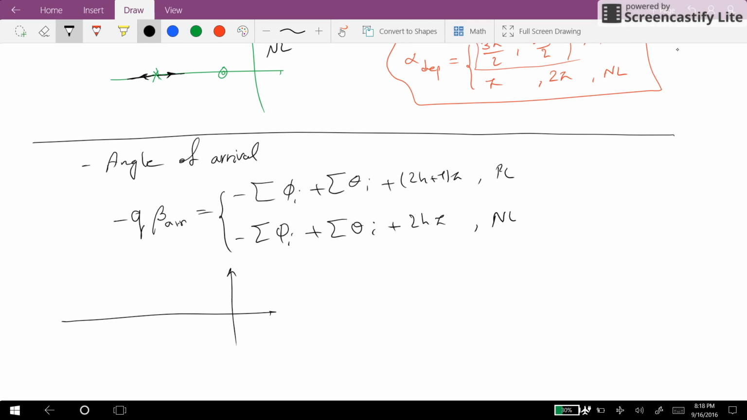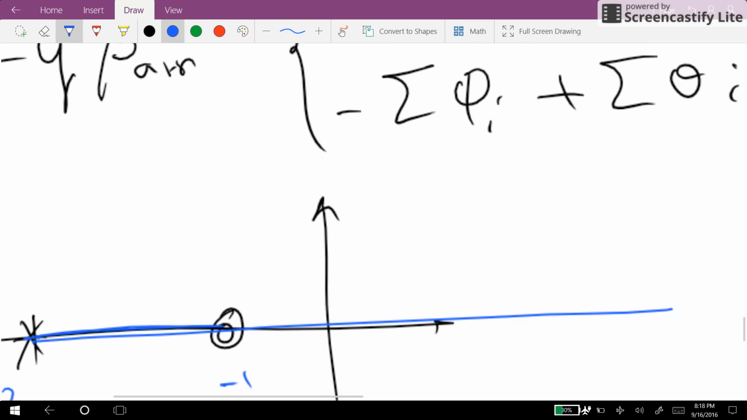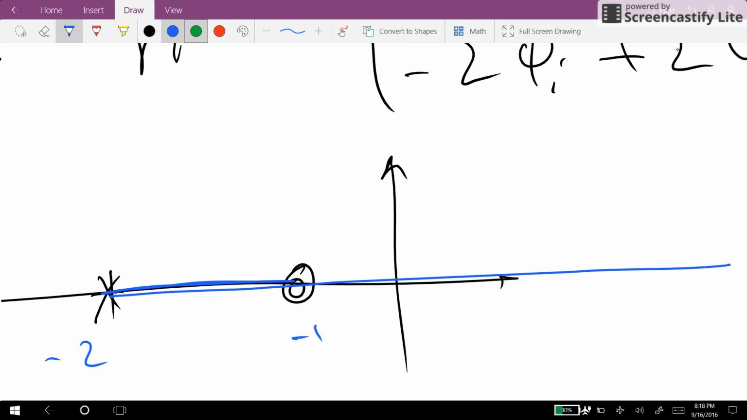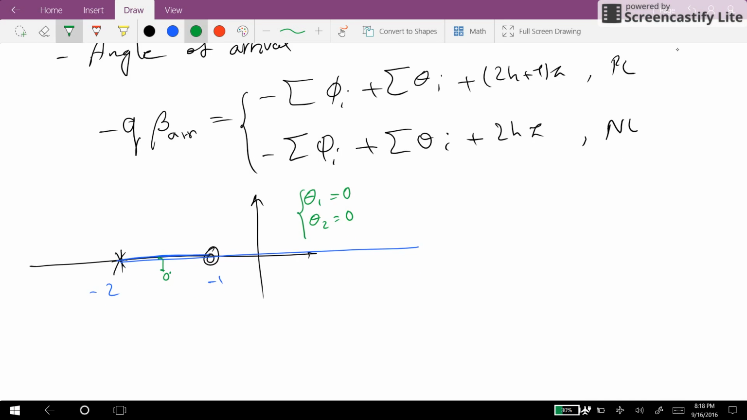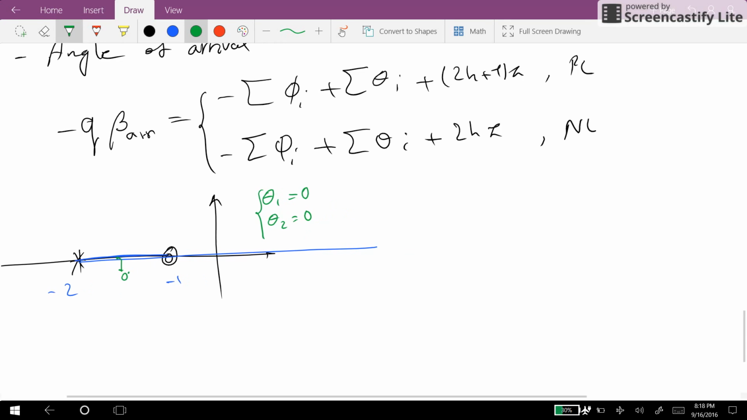And here we can find out theta i's. So we have the poles here and 0 over there. In order to find the angle from the poles to the 0, we just need to connect the pole to the 0, draw a line from the pole towards the infinity, and then find out the angle between these two, which in this case is obviously equal to 0. So we will have theta 1 equal to 0, theta 2 equal to 0, and since there is no other 0 in the system except the one for which we want to find out the angle of arrival, there will be no phi i. So as a result, we will have q times beta arrival